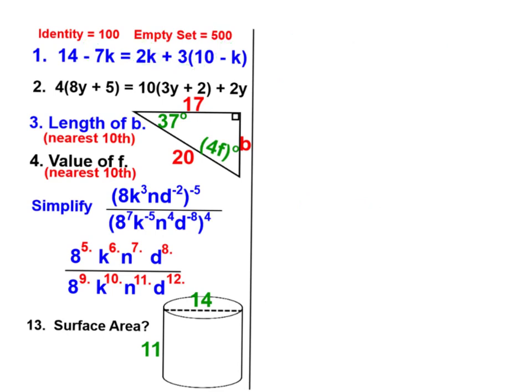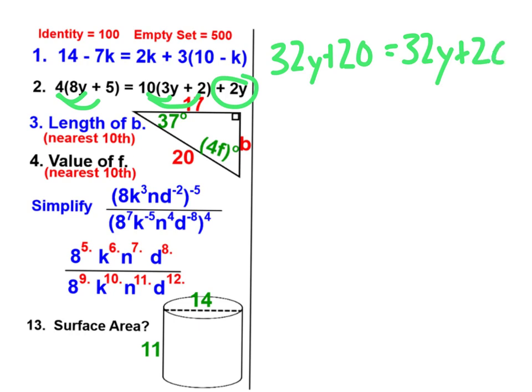Second problem is similar. Variables on both sides. No minuses, so I won't have to do any leave change opposite. Let me go ahead and do the distributive property, though. I get 32y plus 20. Over here I get 30y plus 20, and then I add that 2y to that 30y, and I get 32y plus 20. Well, the coefficients match this time, so we're going to have one of the special things, either an